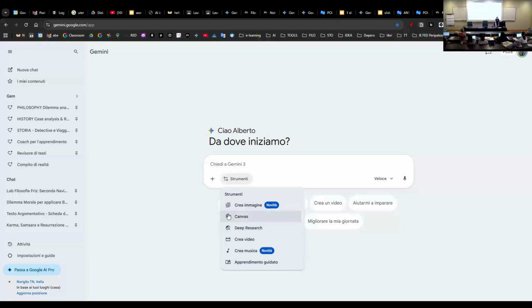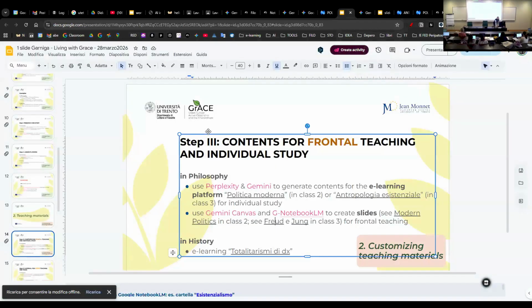Instruments, Canvas, which are products, okay? You can ask, transform this text into an interactive exercise, Canvas. Give me slides, Canvas, okay? If you want artifacts, something like that. So you can use both. You see, much easier and simple in Gemini, but